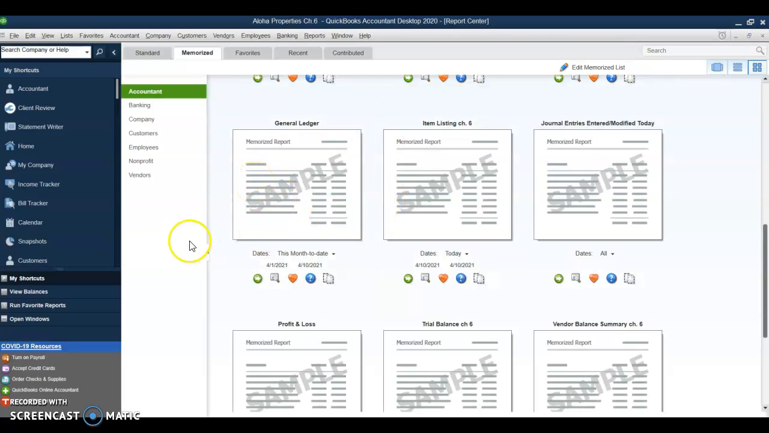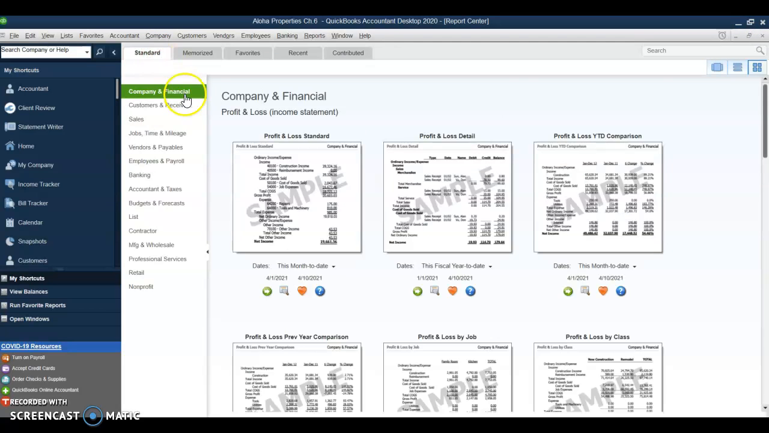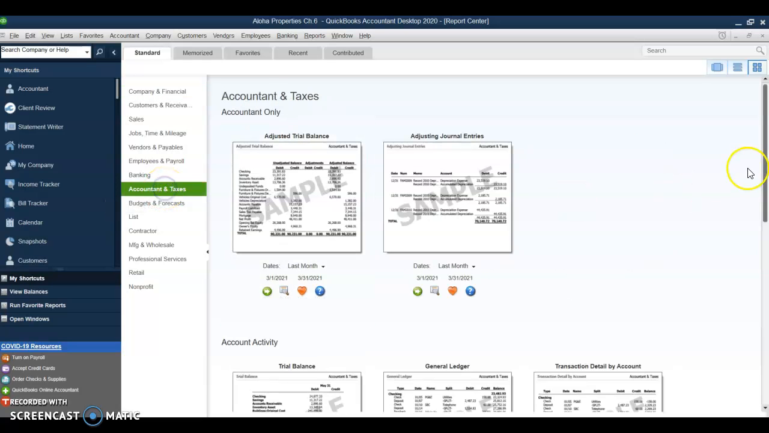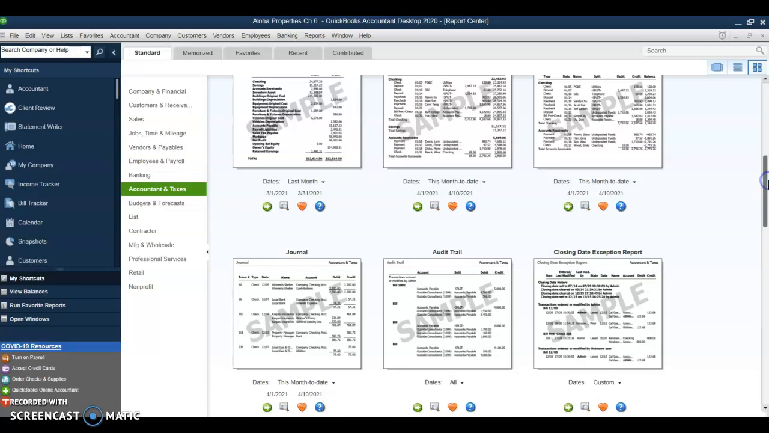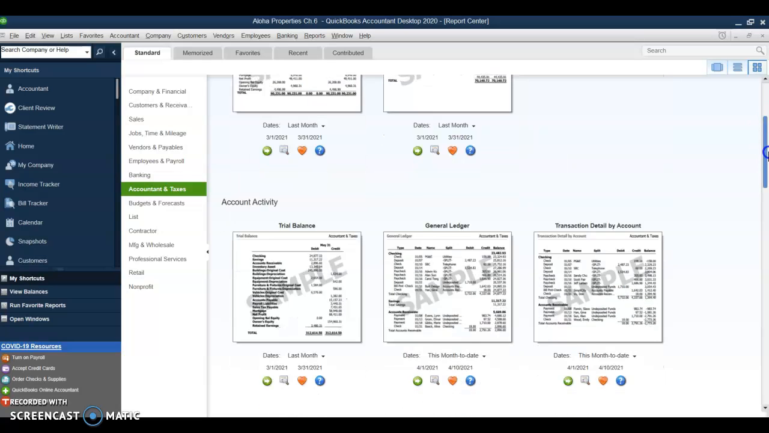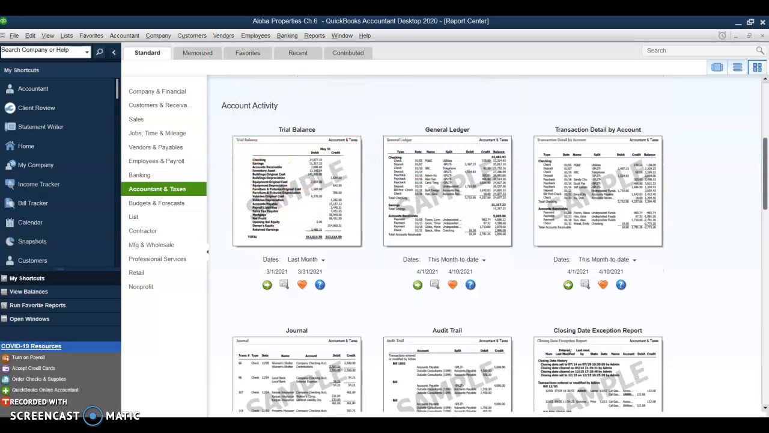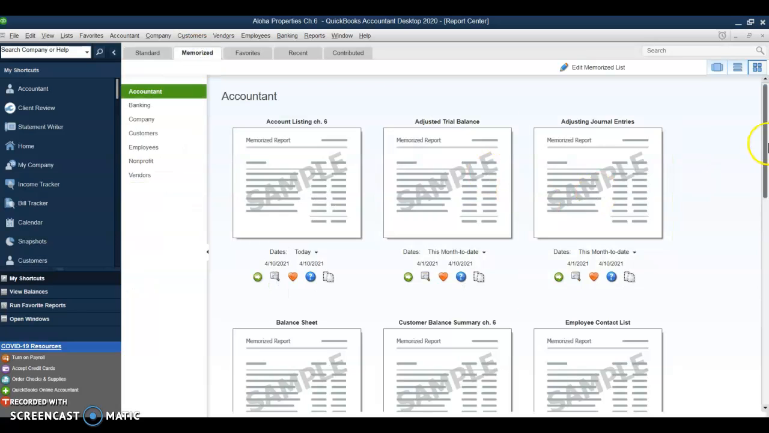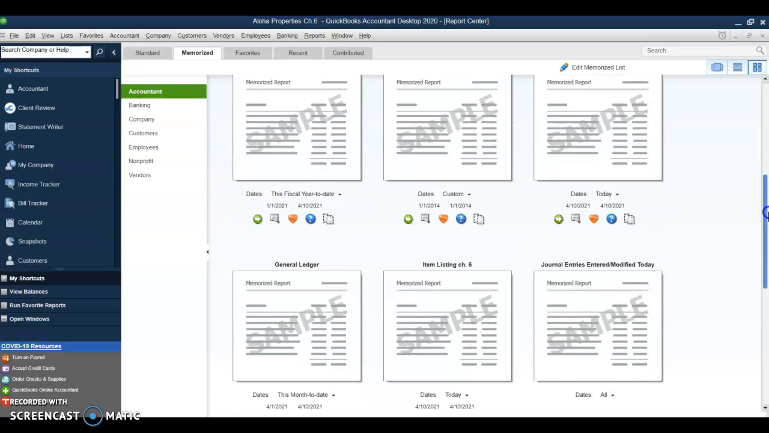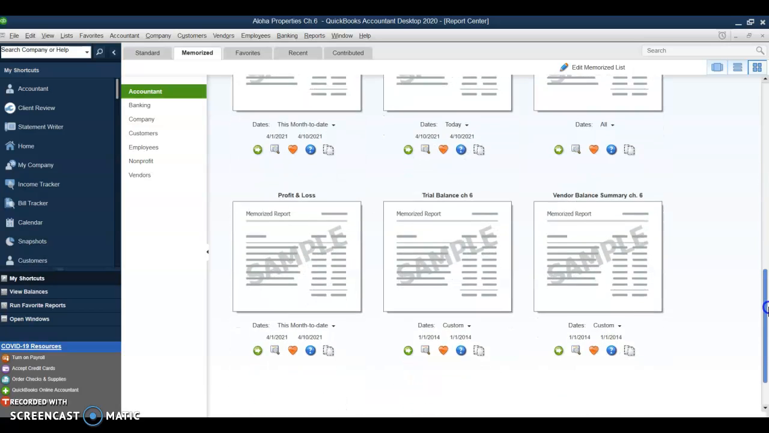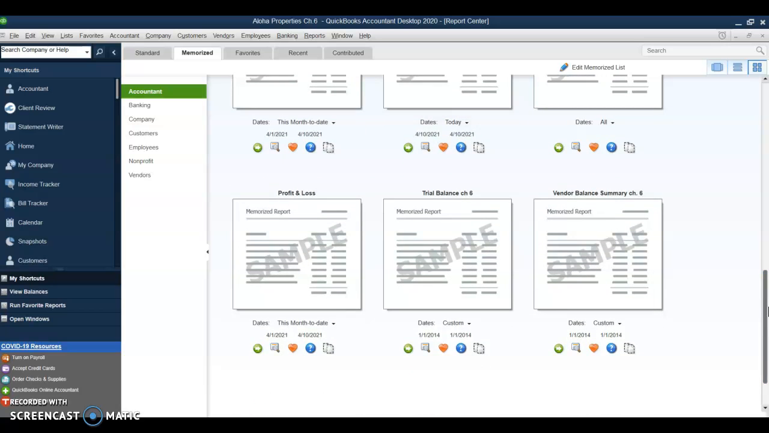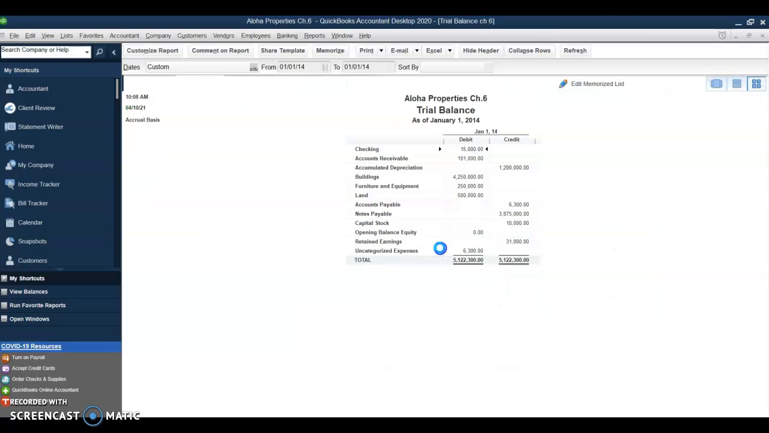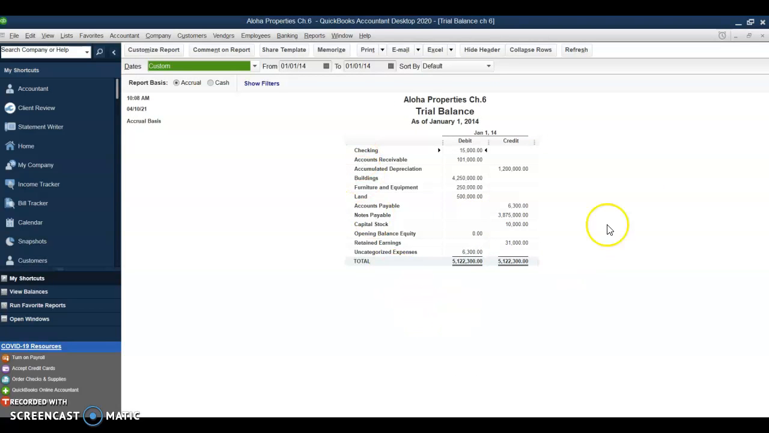The last one is the trial balance. I think it's in here. Yep, right there. My memorized one. Right here. There's the finished